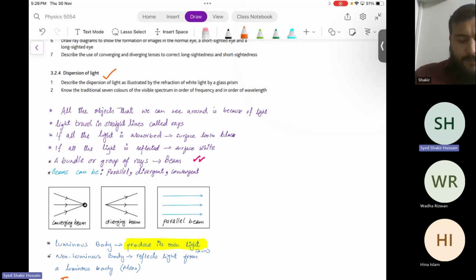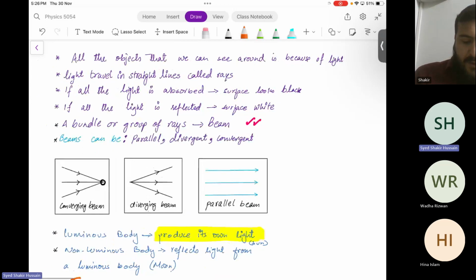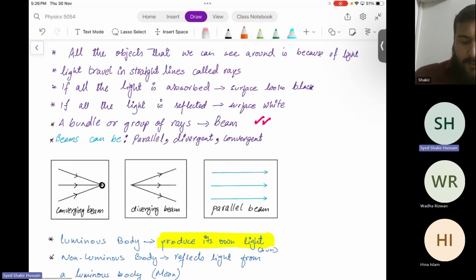So basically, light travels in straight lines, which are known to be rays. लाइट स्ट्रेट लाइंस में ट्रेवल करती है जिसको क्या बोलते हैं बेटा रेज बोलते हैं राइट